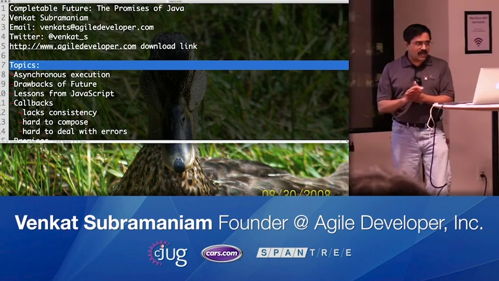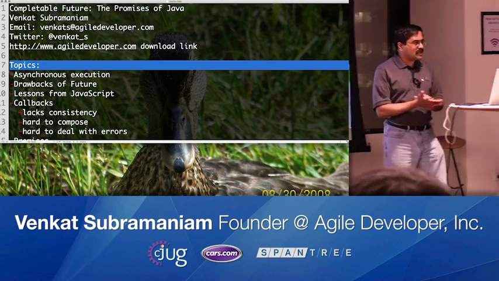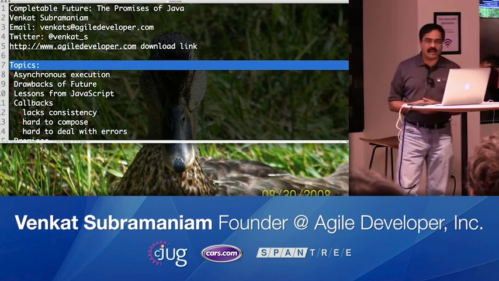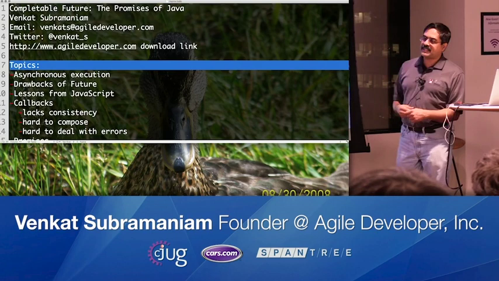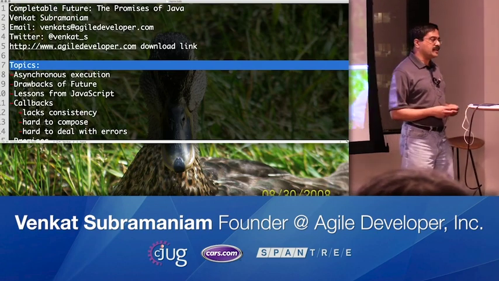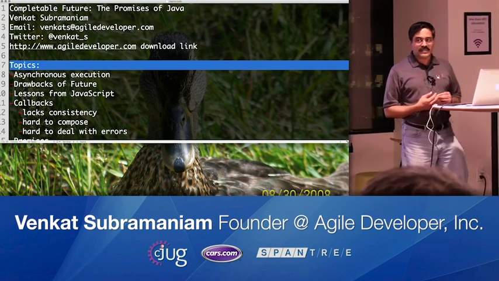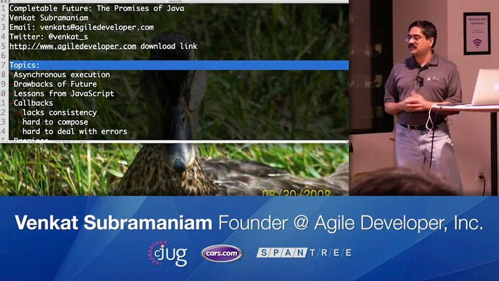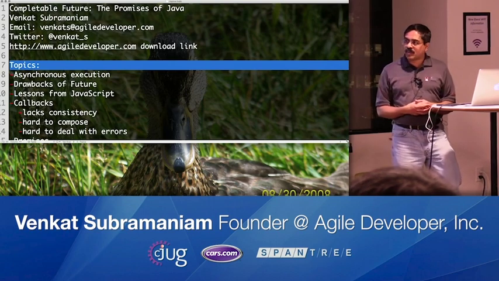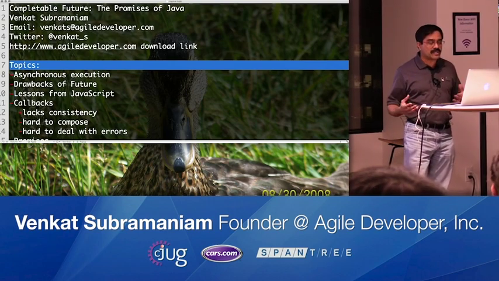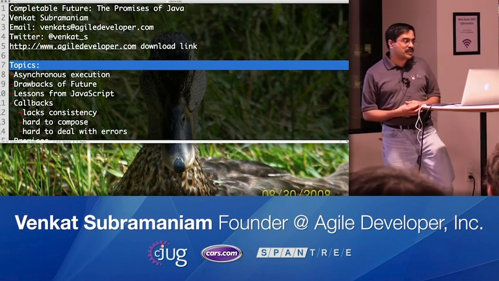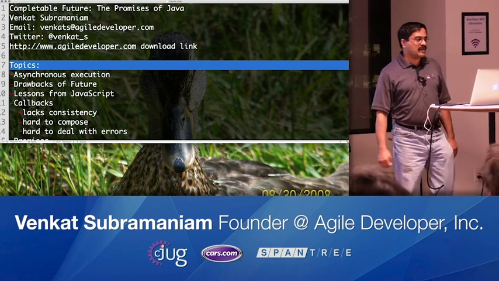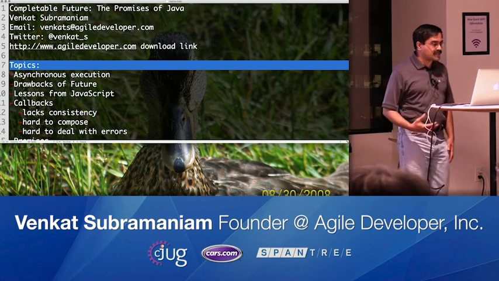So I want to talk about a topic that I think has been around for quite a while in Java, but surprisingly, a lot of us seem to have somewhat ignored it. Part of the reason, I think, is that it came at a time when something a lot more exciting was introduced in Java, which is lambdas and streams. With lambdas and streams, we were so excited about getting into those ideas. CompletableFuture was introduced right about the same time, and I think we kind of let it slide by. And I think it's picking up a lot more interest of late.